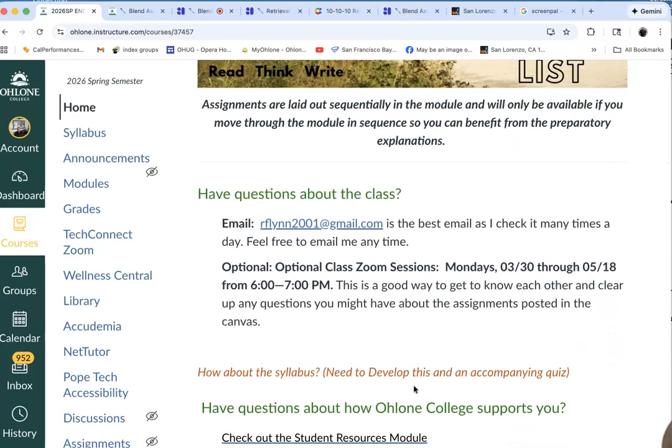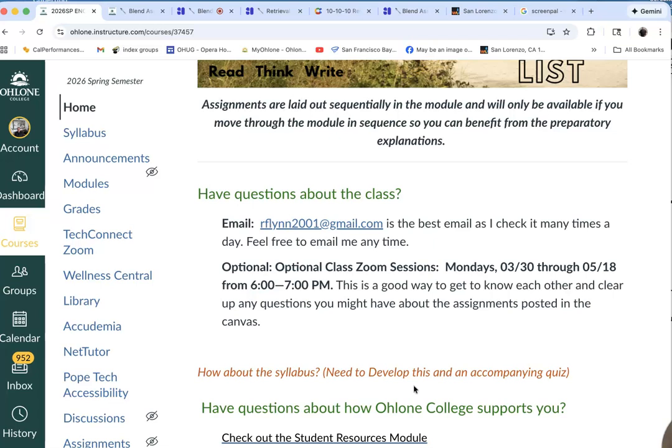This is something I'd like to add with the syllabus, not the whole boilerplate six-pager, but basically a two-pronged presentation on the syllabus. One would be things you need to know that are unique to this class, and then things that really aren't that unique, but are kind of boilerplate things that come along with the syllabus. So I'll have kind of a short